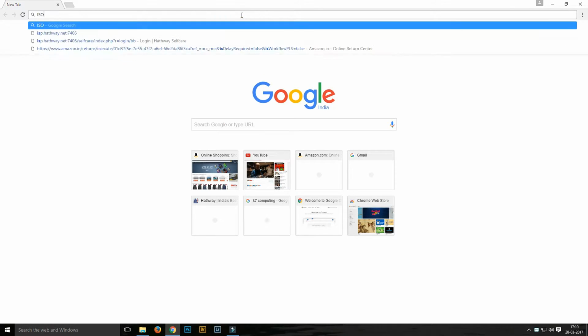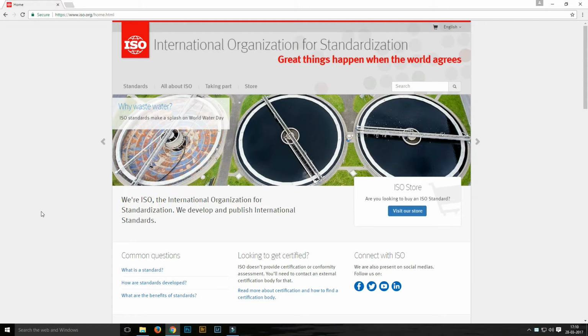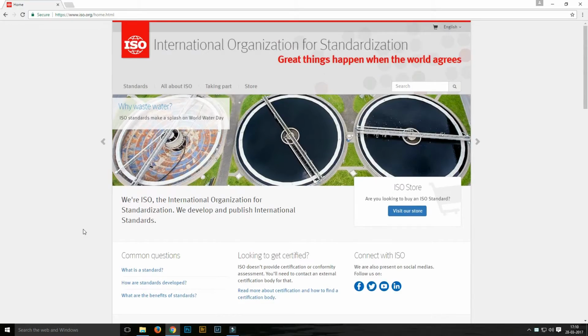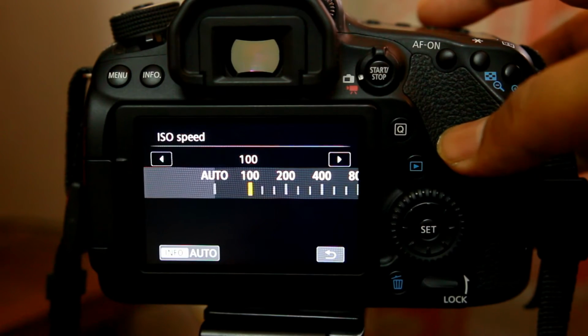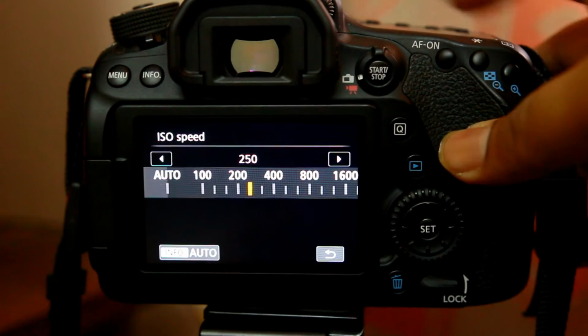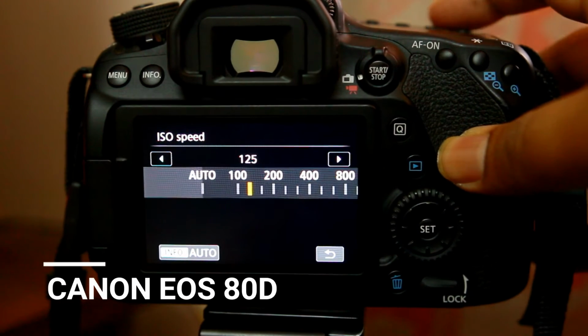ISO is nothing but International Organization for Standardization, and they provide proprietary industrial and commercial standards. So any industry or any manufacturing sector that needs to build a product, they need to conform to these standards, and ISO is one such standard for photography that measures the sensitivity of light. And the ISO numbers vary from camera to camera, so be sure you check these ISO numbers before you purchase your camera. And the base ISO for our camera is 100, which means